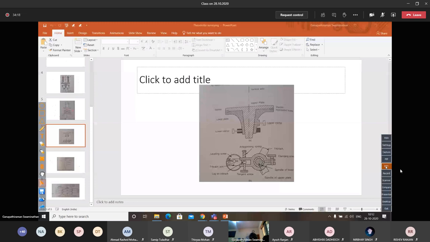So horizontal movement is arrested by both the clamps. When I am operating the upper clamp, the vernier moves over the horizontal circle. So what I do is I fix the vernier at 0, 0, 0. Can I do that? I can do that. When I arrest the movement of the upper clamp, the reading will not change. When I release the lower clamp, I can bisect the object and then fix it up.